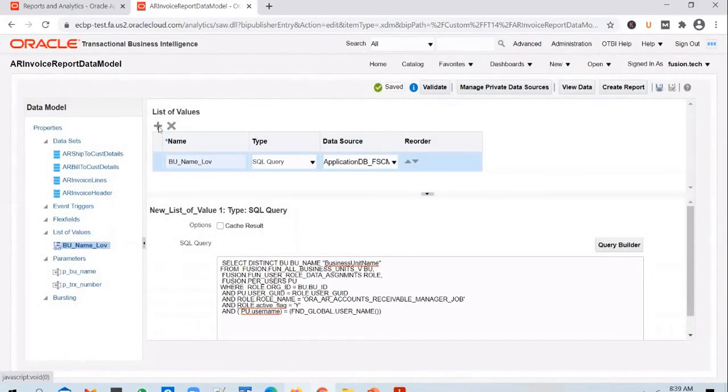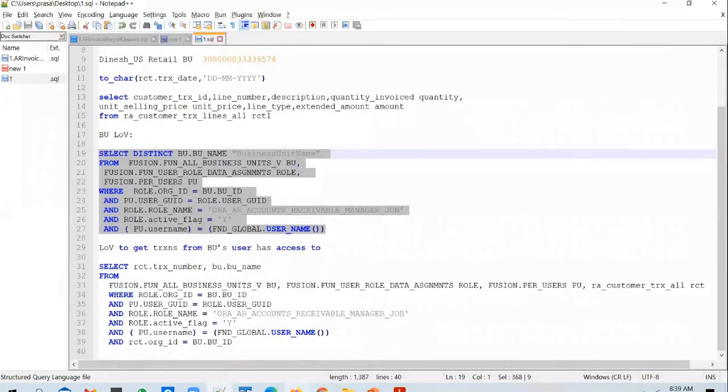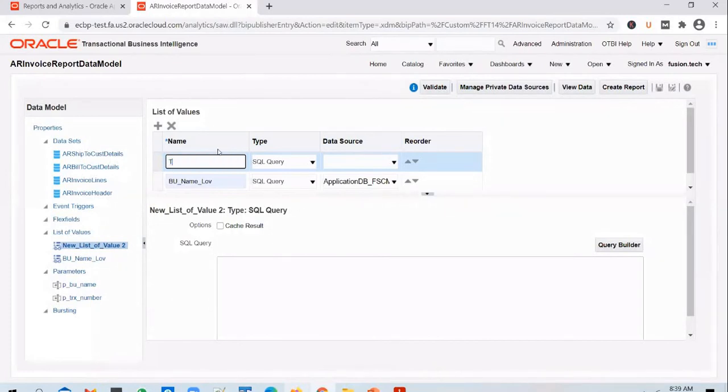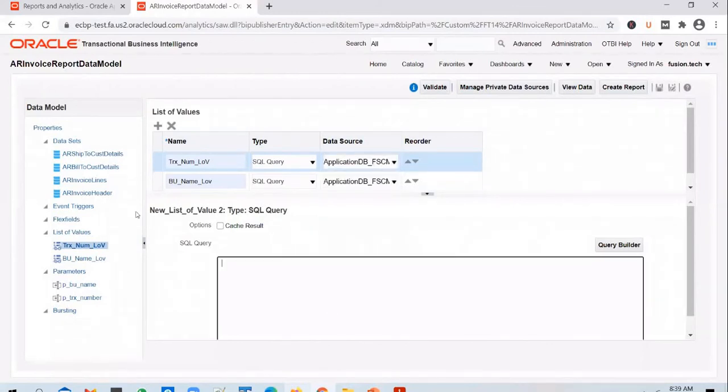Save it, add another list of values, and call this transaction number LOV. It's again SQL query, and in the data source you can select FSCM.